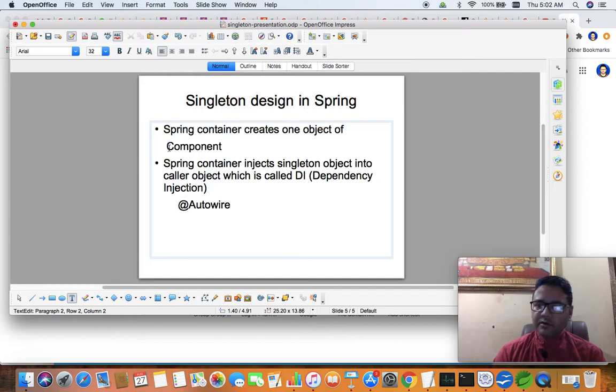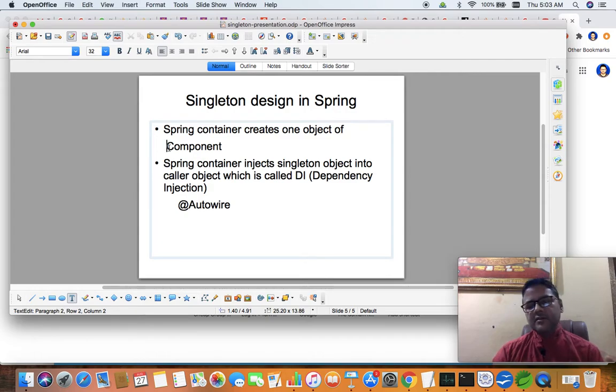Some are going to be called controllers, some components. In fact, we may use some other classes which will not be related to providing service to the user or to the browser. Maybe it can be a REST controller. So we are going to create different types of classes.